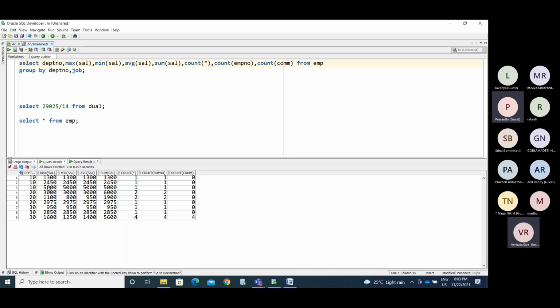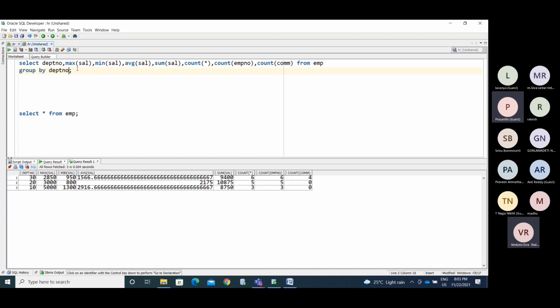So this is about the group functions. Okay, so we have another thing. Now we have seen the group functions here, right? So we have another thing, like the analytical function. Now we are finding out for every group as one record.